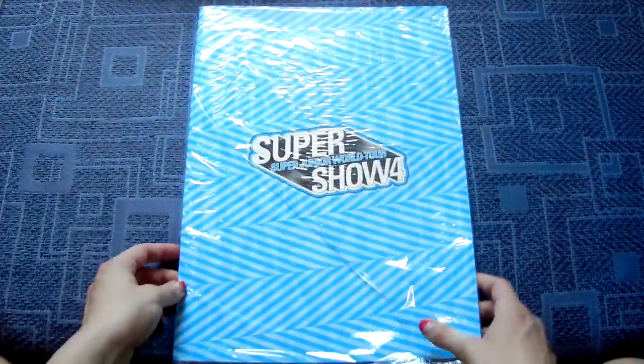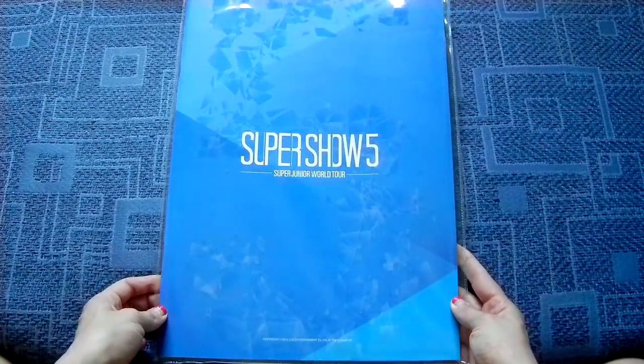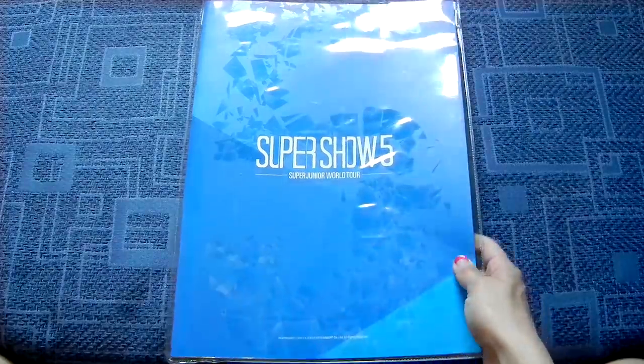Then here's the Super Show 4 brochure that I got after years and it's so pretty. And here's the Super Show 5 brochure, which is just as big. These are huge. Imagine you go to the concert, buy this, and then you have to sit through or stand through the entire concert having this somewhere hidden around you. It's kind of annoying. SM, how did you...